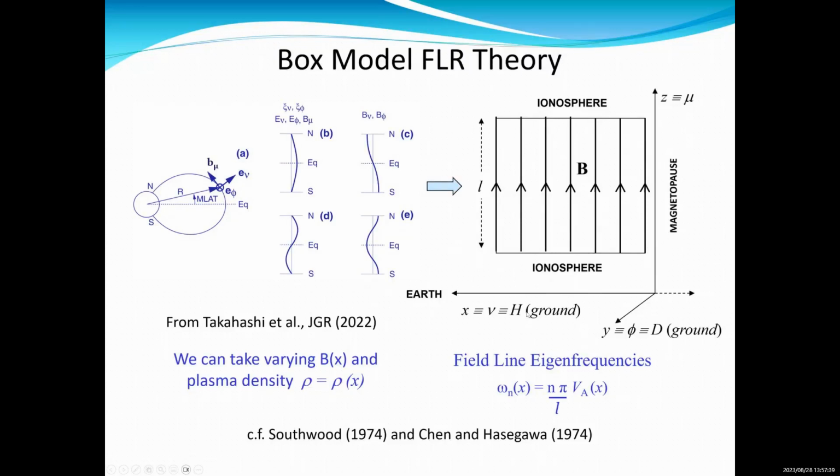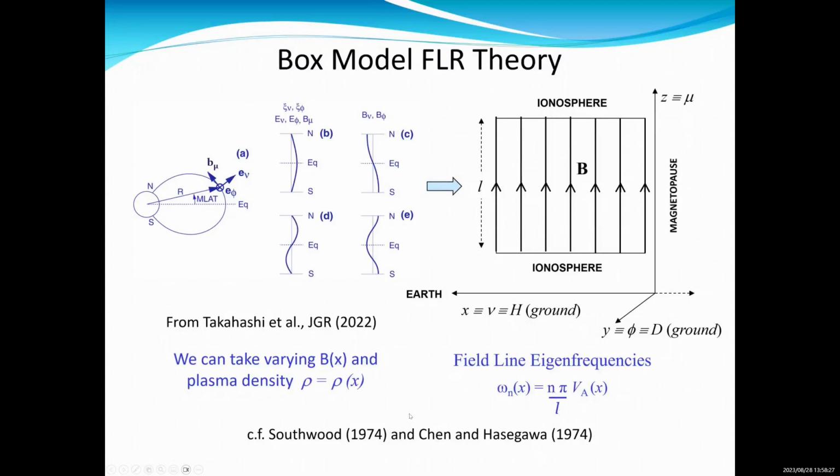The X coordinate corresponds to the H component on the ground, which is across the field line from north to south, and the Y coordinate on the ground is azimuthal. The nice thing here is that if you know the density and magnetic field on each of these field lines, you can calculate the natural frequency of a particular field line. And the frequency varies with position because the density and magnetic field vary with position. But at every position, on every field line, you can calculate the frequency through this relation where n indicates either